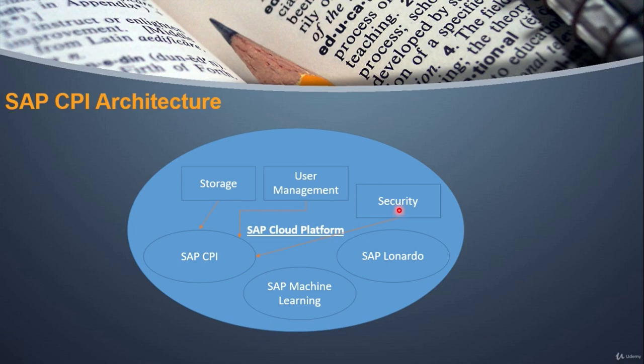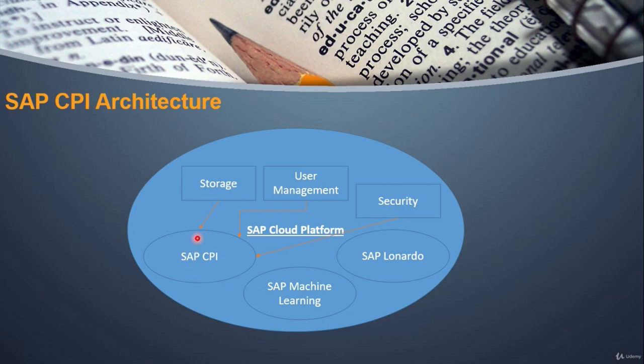Security. Let's say that I am from the IT department and there is another user from the finance department. I am authorized to see as well as modify certain applications provided by SAP Cloud Platform, but the other finance person may not have the authority to see or modify that application. For that, various roles will be assigned within the cloud platform. So I will have the role to access a particular application which may not be available to that particular user. So all those details are maintained in security.